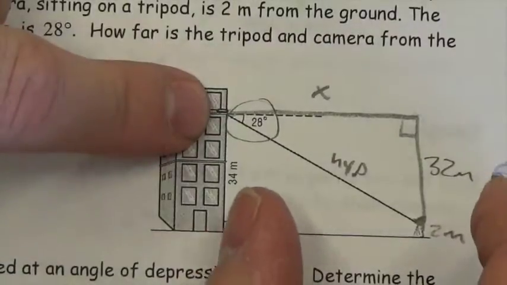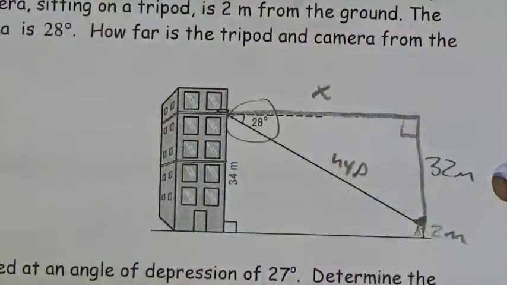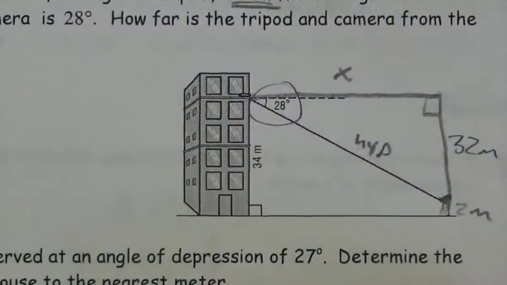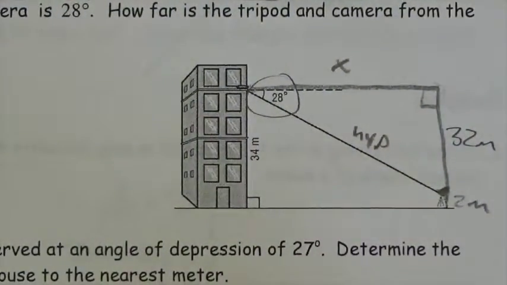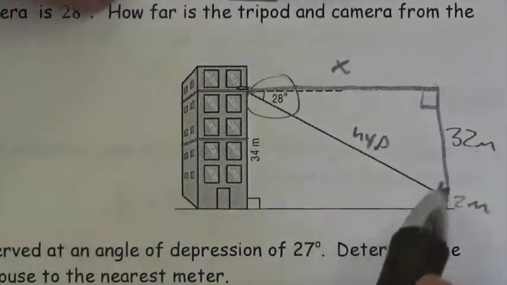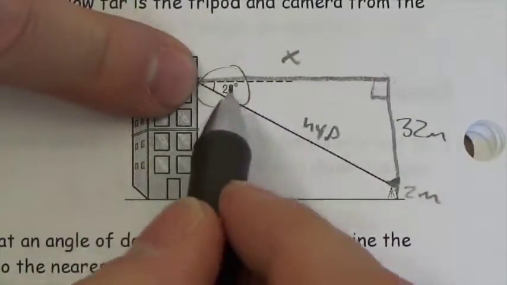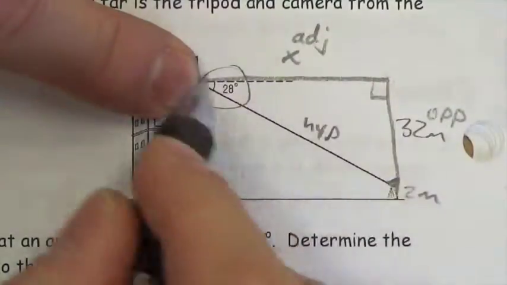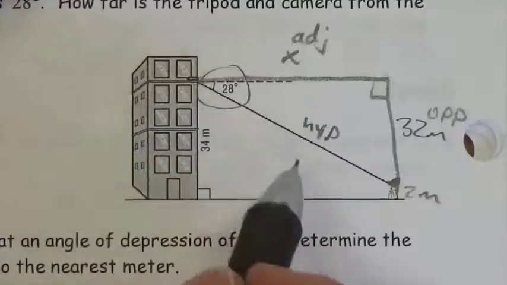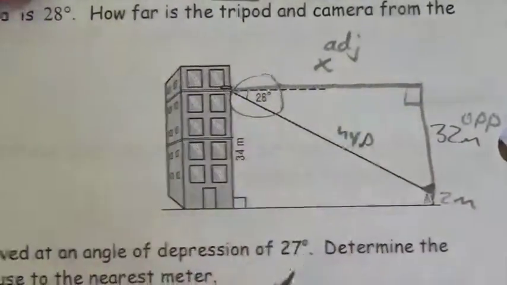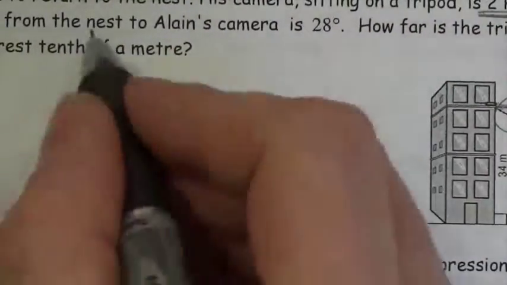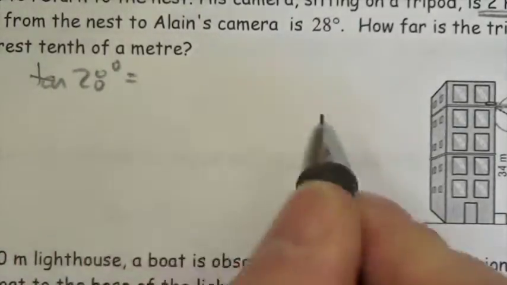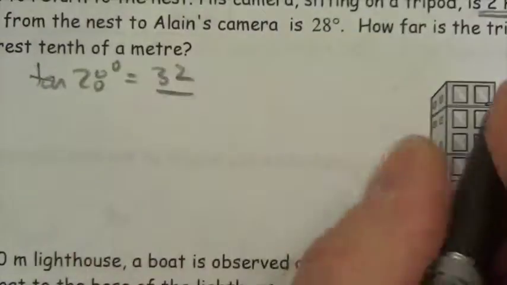And you have to see that before you can answer this question correctly. That's the little detail here, this little 2 meters. That's the detail that most of the time people are going to gloss over. So now, bearing in mind that this is the angle that I'm given, this is the side opposite, this is the side adjacent. I don't really care about the hypotenuse. So what trig function relates the opposite and the adjacent? The answer is tangent. So the tangent of 28 degrees is going to equal the opposite, 32, over the adjacent,